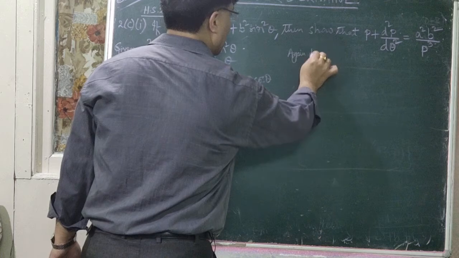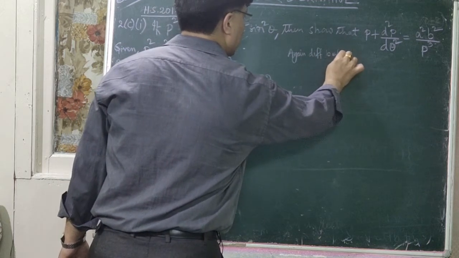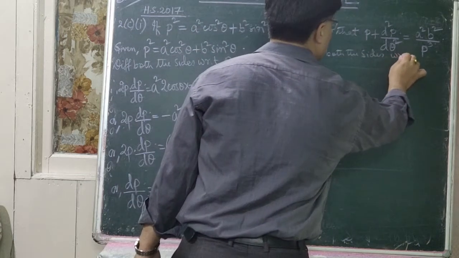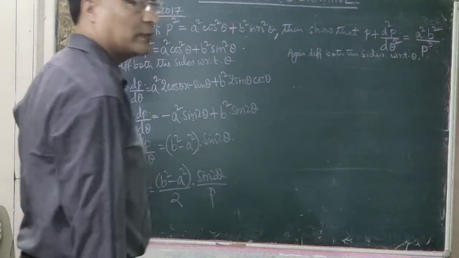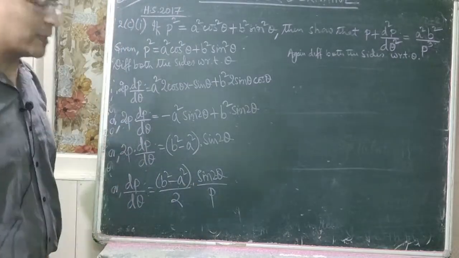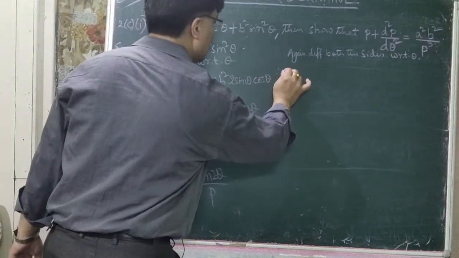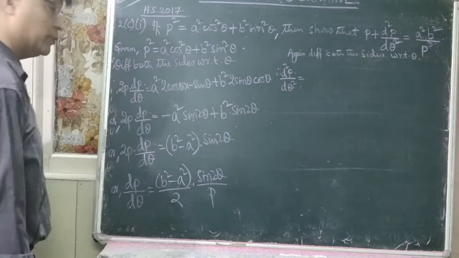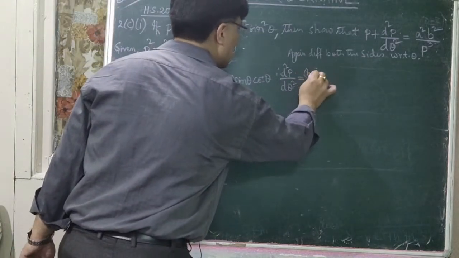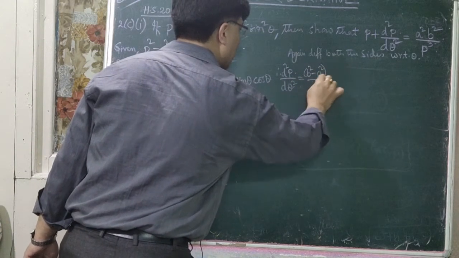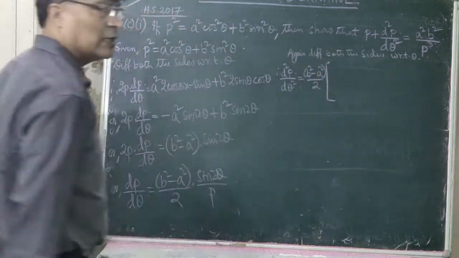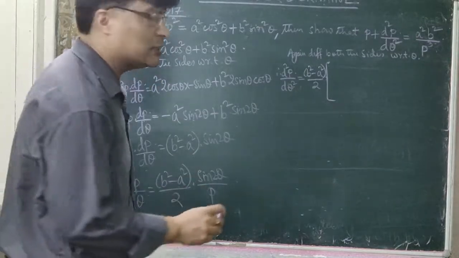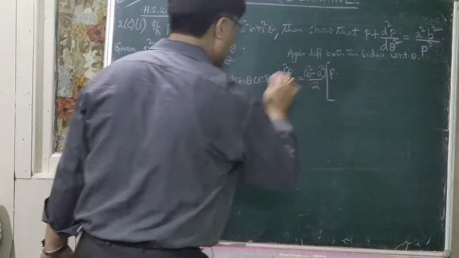So now again differentiating both the sides with respect to theta. Again we are differentiating both the sides with respect to theta here. So therefore d2p by d theta square is equal to, now here this is constant, b square minus a square by 2 is kept as it is. Now within third bracket you have to use u by v rule, isn't it? So in this case denominator is kept as it is, p is kept as it is, p into, what is